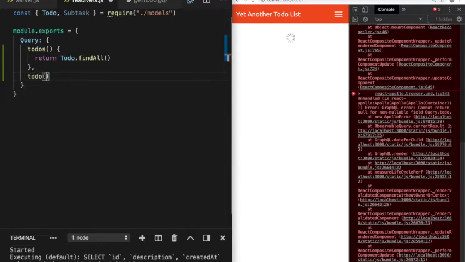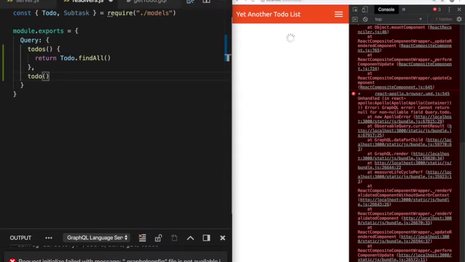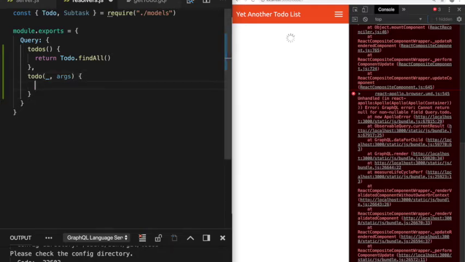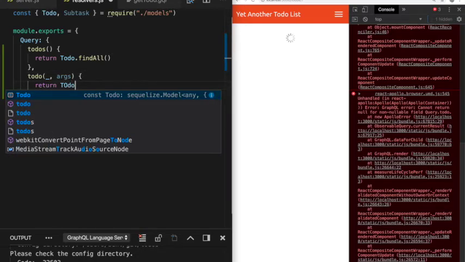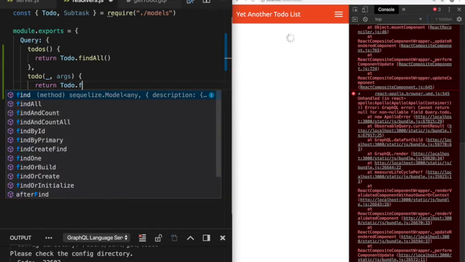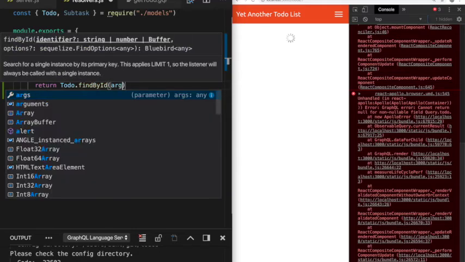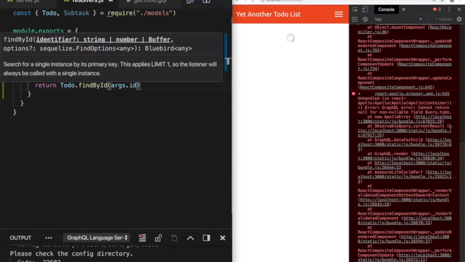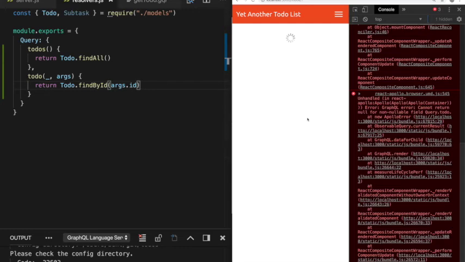Now resolver functions get a couple of different arguments. The first is the parent object. We're going to ignore that in this case because it's a root level query. The second argument is the arguments that were provided to the field, and that's args. We'll call that args, and that is one that we're interested in because we want to look up a particular to-do by the ID that has been provided to us. ID. Now I can try that again, and I'd love it if it worked, but there still is one